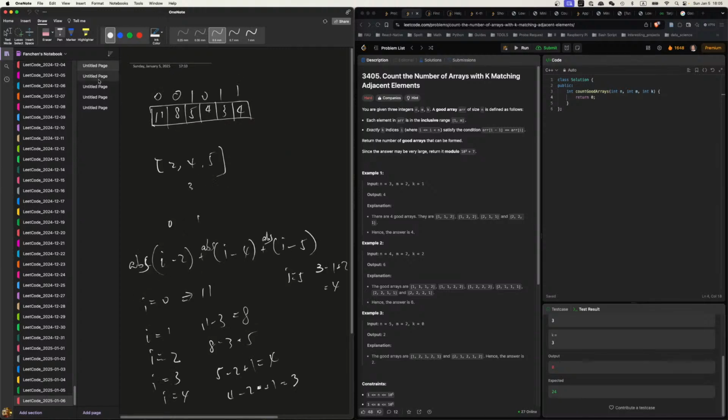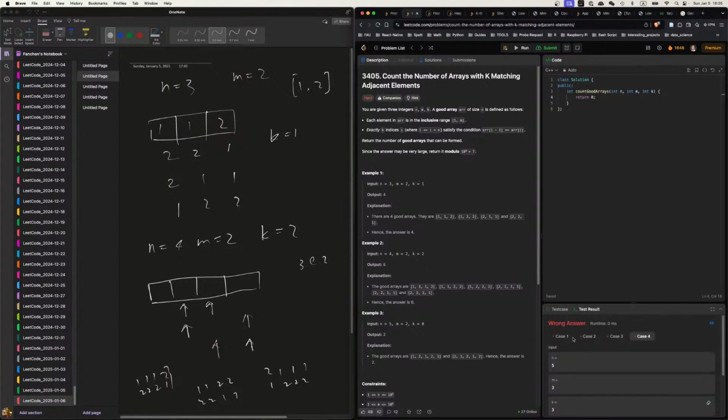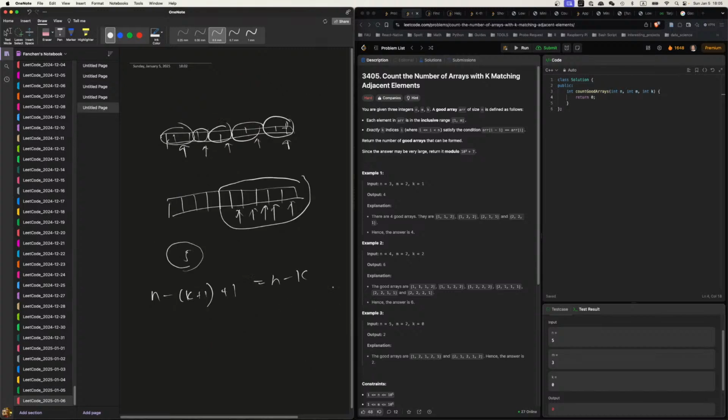That's why when it's 0, I have essentially 5 entities, right? I have 5 entities and n minus k. So this is the number of entities. So one of them is going to be 3. So times, no, one of them will be m. So times m minus 1 to the n minus k minus 1 power